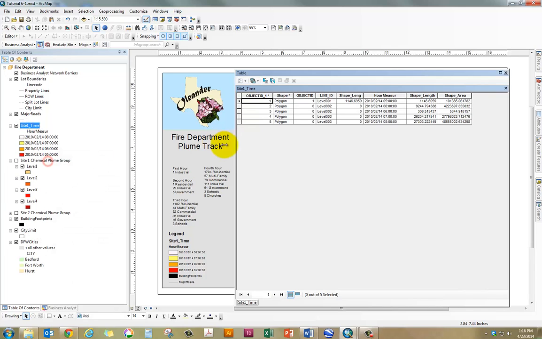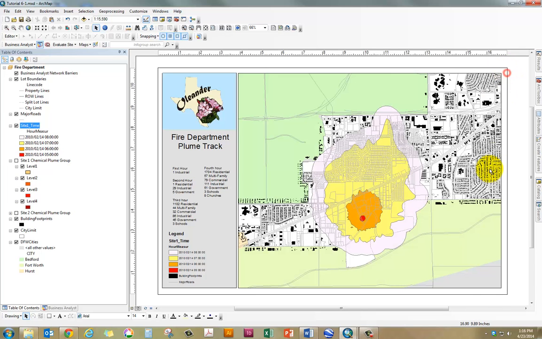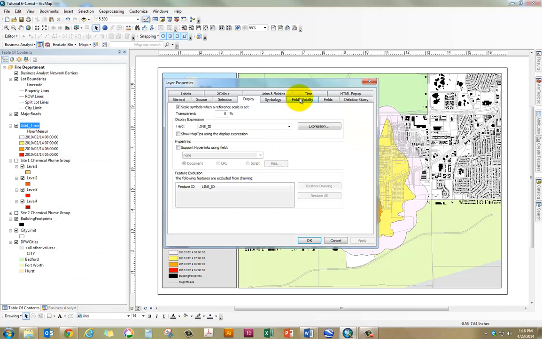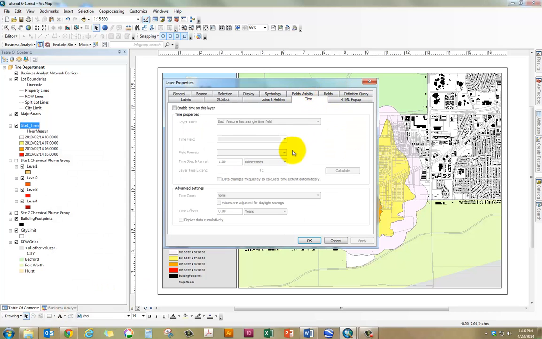As you can see in the attribute table, you have R measure, shape length, shape area, and then we have this field right here, which actually shows us time, is the most critical one that we will use to actually map this. So right click on this layer, go to properties, and here we'll go to our time tab. So we're gonna click on enable time on this layer, and then we're gonna select for the time field. We know the R measure is the time field,